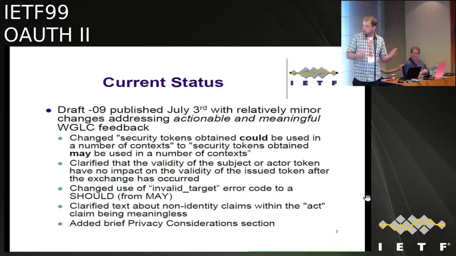Clarified text, it's the same normative stuff about using non-identity claims within the ACT claim and them being meaningless, so that you shouldn't use them there. And added a little bit of privacy considerations. Actually, I stole some wording from WS Trust to sort of be all-encompassing about the privacy considerations of this use, because it's very difficult to cover them all, but I wanted to address some feedback that those were missing